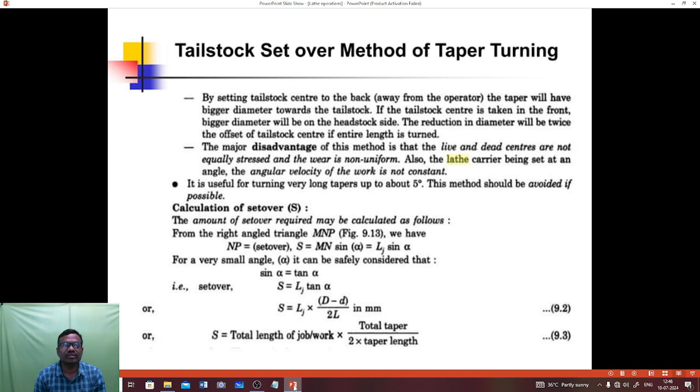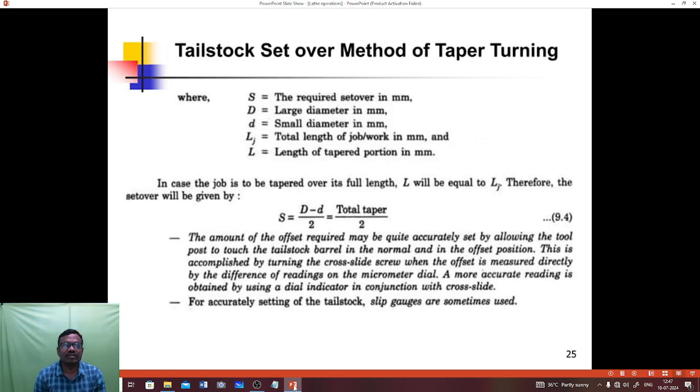Calculation of set-over. The amount of set-over required may be calculated as follows. From the right-angled triangle M and P, we have NP equal to set-over, S equal to Mn sin alpha equal to Lj sin alpha. For a very small angle, it can be safely considered that sin alpha equal to tan alpha. That is, set-over S equal to Lj tan alpha, or S is equal to Lj into (D minus d) divided by 2L in mm, or S equal to total length of job or work into total taper divided by 2 into taper length,